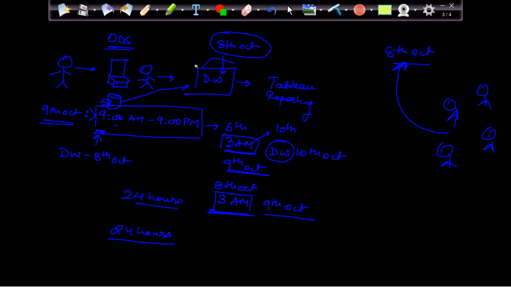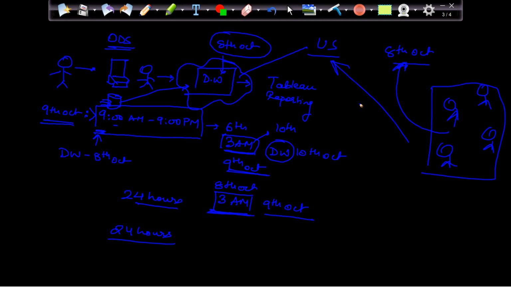Let's say this data warehouse is present in a cloud server. It's in US. I am in India. Now I am connecting to the US server. IO will be there, input, output. There will be a cost. Processing will be there. I am hitting my request here and it's going there, getting the data and coming back. So it's IO for me.